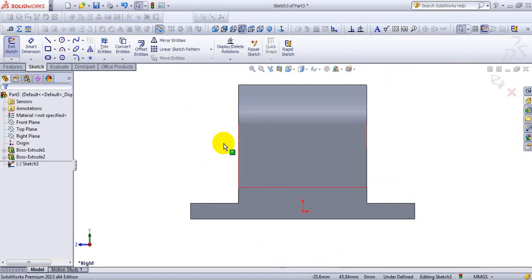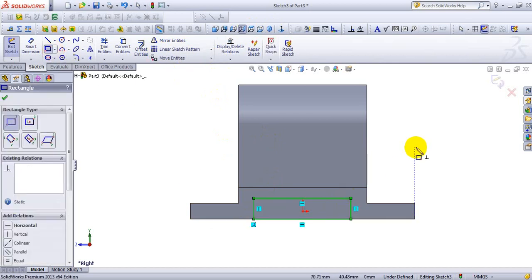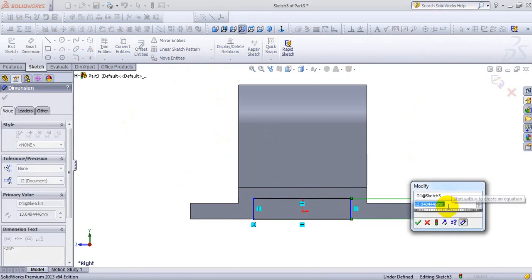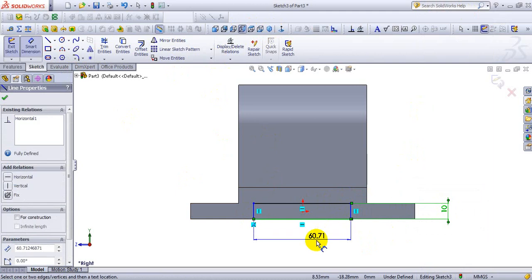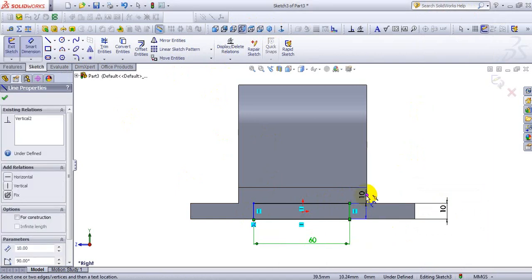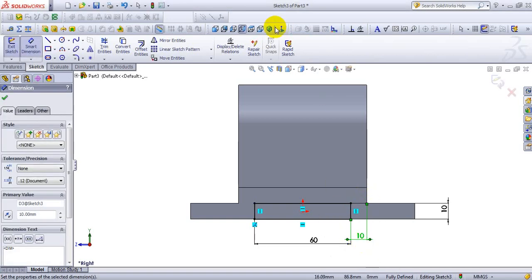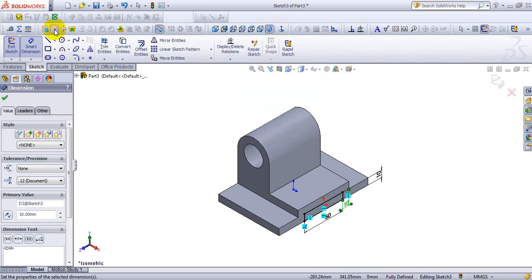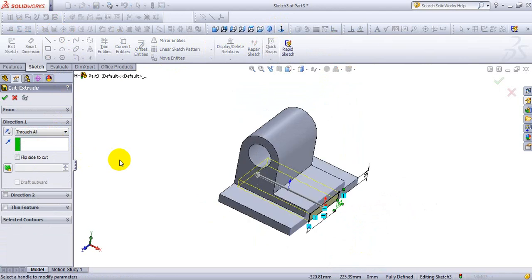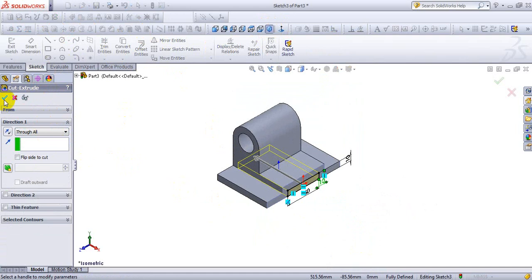So take rectangle, corner rectangle, draw one rectangle here, make dimension as height 10 mm, length as it is given 60 mm, distance from here to here, okay, it is 10 mm, give it as 10 mm. Now select isometric view, extruded cut, instead of blind make it as through hole. So material is cut up to the end. Now select OK.